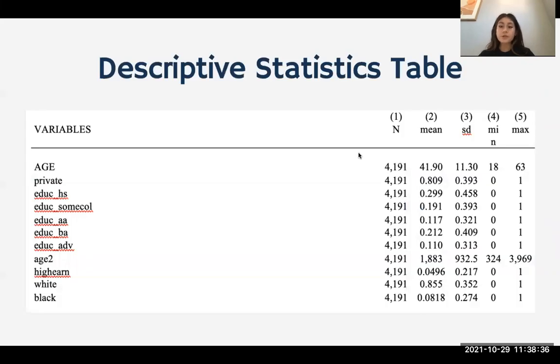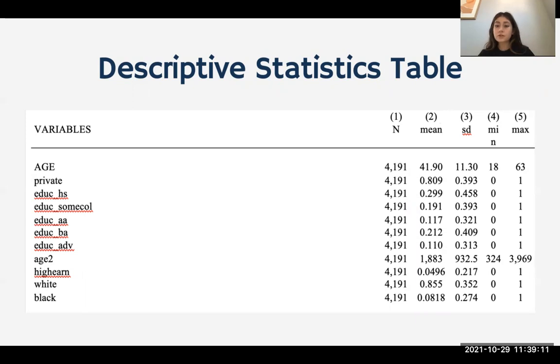As you can see here, I presented the descriptive statistics table for the variables included in the Probit regression. Looking at the 5 columns, the first one says N, which represents the number of observations in the data, which is, like I said, 4,191 across the board, due to that being the number of workers who were surveyed. The second column shows the mean for each variable, and the third column shows the standard deviation for each variable. And like we know, the standard deviation is a measure of the amount of variation or dispersion